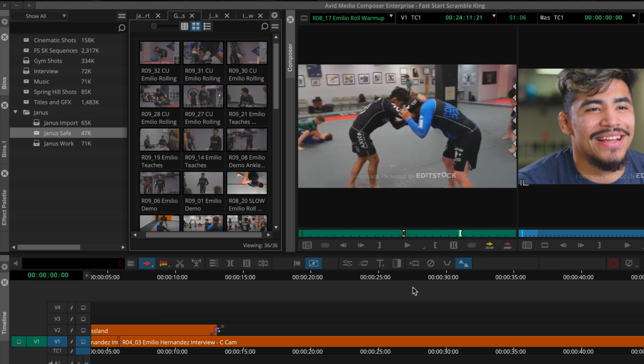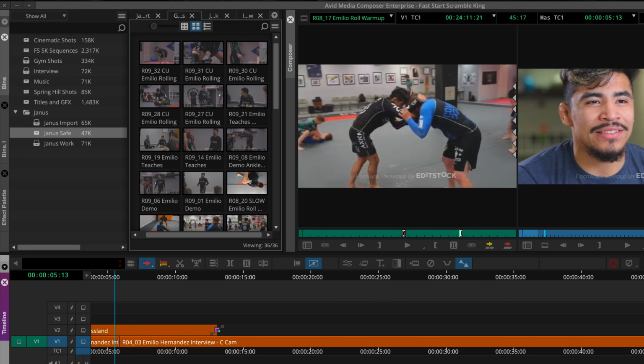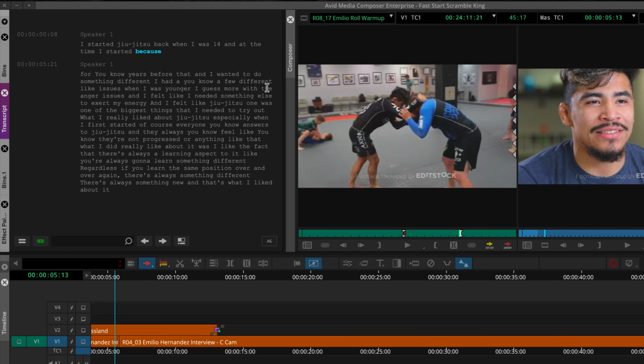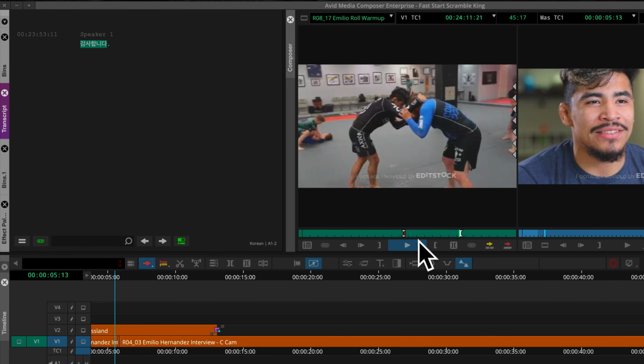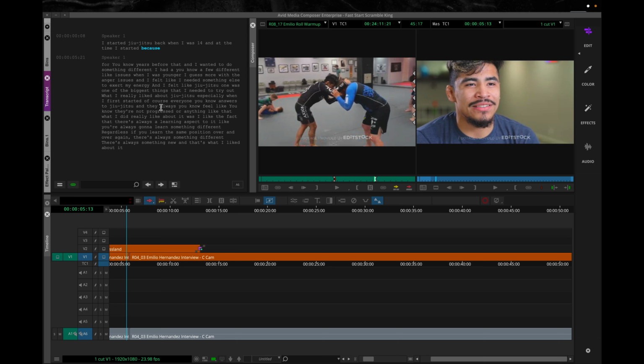It's a more advanced feature, but we have this interview that we cut, and we didn't cut it very nicely. What you can do is go into Tools, hit the Transcript tool, and if it is on the player window, we'll just hit here and it'll look at the sequence. And if it hasn't transcribed, you can hit the transcribe button, which will be here in the middle of the screen, and it'll transcribe the whole thing and you'll end up with a text similar to what I got here